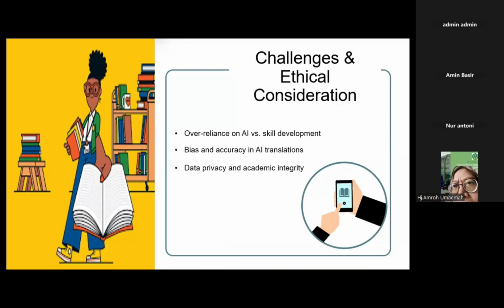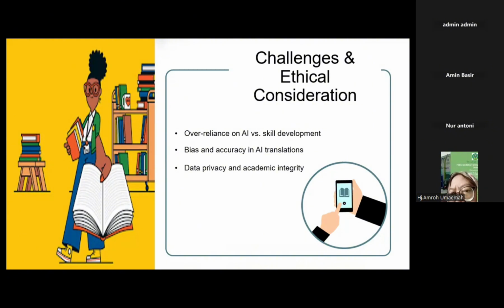So AI, once again, is only an assistant, because one day I believe we will be back to pen and paper. Like in Finland and Norway, the students in primary school have returned to pen and paper. They used technology for 15 years, and it turned out that the students had a decrease in their skill, so they returned to pen and paper. I read that in an article.